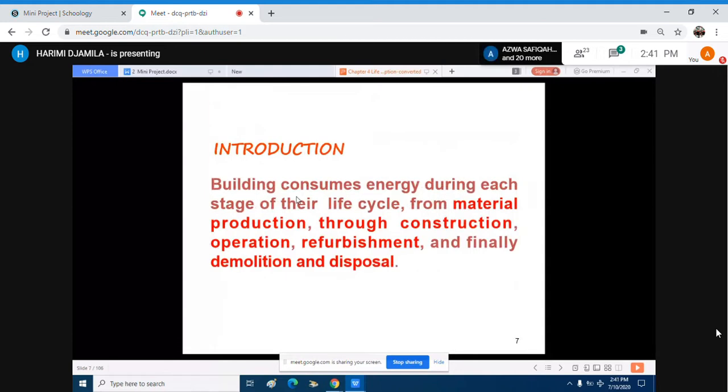Okay, while you are learning it for civil engineering and advanced environmental engineering, as you know, buildings consume energy during each stage of their life cycle. So starting from the time when you start building, for instance, you do need the material. Material doesn't come just grown naturally. If you have a contract, for example,